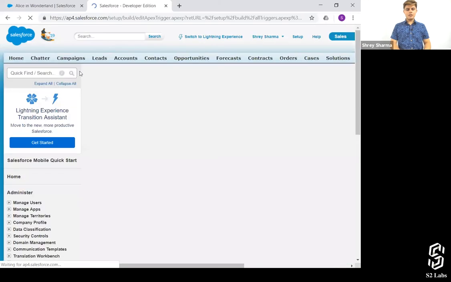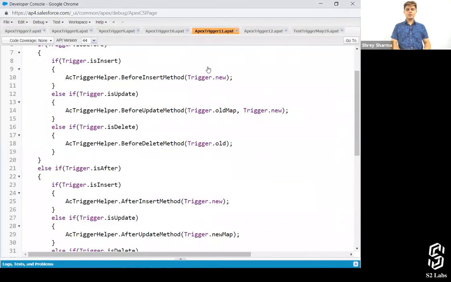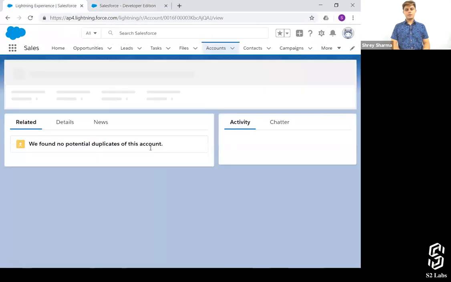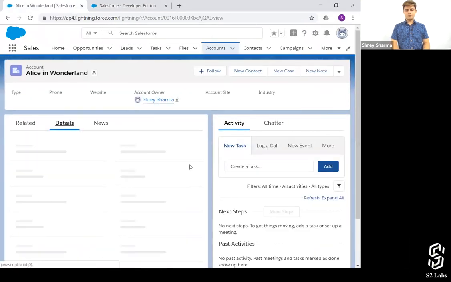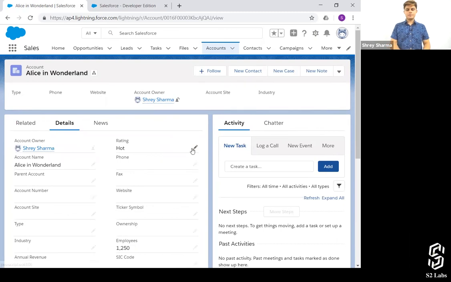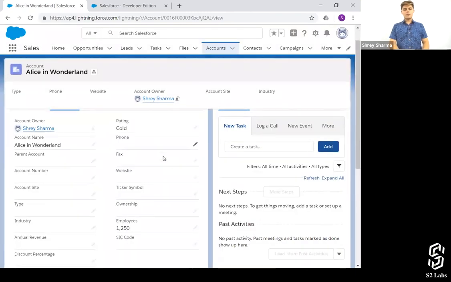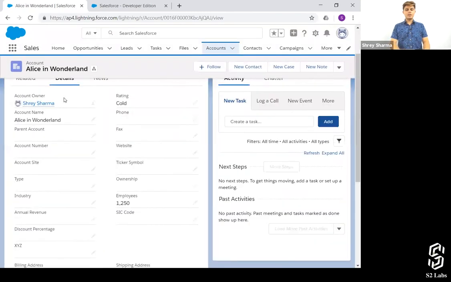Alice in the Wonderland. Refresh this one. Let's make it cold. Save. Let's have a look at Humpty Sharma and Dumpty Sharma.